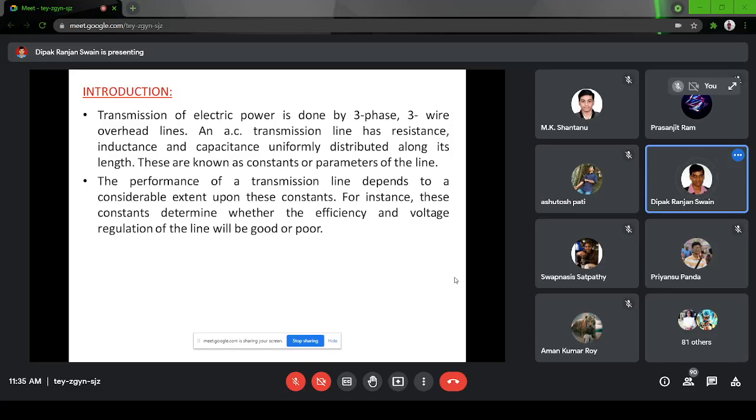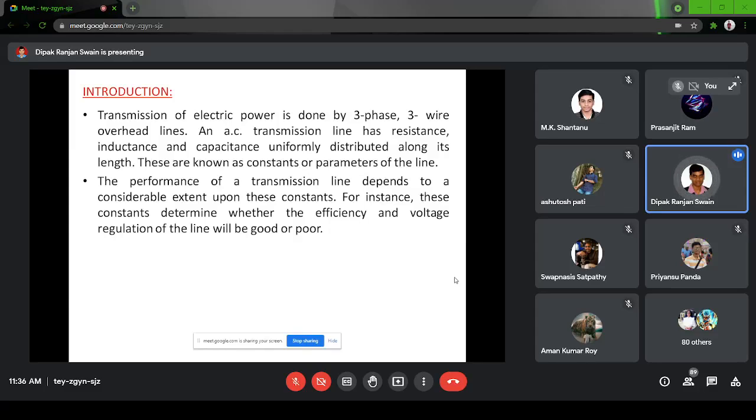in the Google Classroom. So as you know, generally transmission is done in three-phase, three-wire system. Transmission means from the generating station to the grid which is nearer, or the substation which is nearer to you. So up to that point, it is always a three-phase, three-wire system. And as you have learned, in India, all the transmissions are overhead lines. Till now, you don't have an underground transmission. So as I've told, all these AC transmission lines will have their own resistance, inductance and capacitance, and they are uniformly distributed along the whole length.